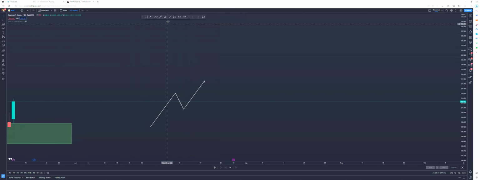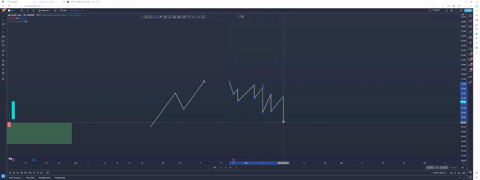So the pullbacks, the correction phase, is normally our pullbacks. It's not going to be perfect. Sometimes it's going to be ugly, right? Because a lot of people are looking for these picture perfect setups. Sometimes it's just not going to be there. Sometimes it's a correction. Yes, we want a downtrend, but at the same time, it's a correction phase. Depending on how the market makers want to do it, they're gonna make it hard, right? So they might have some crazy stuff. It might be this, right? Then push up. It might not be perfect. So understand, correction phases aren't meant to be picture perfect. They're meant to confuse you, right?